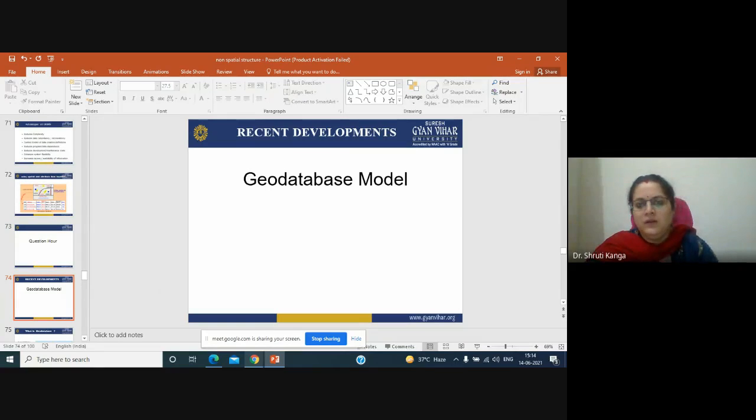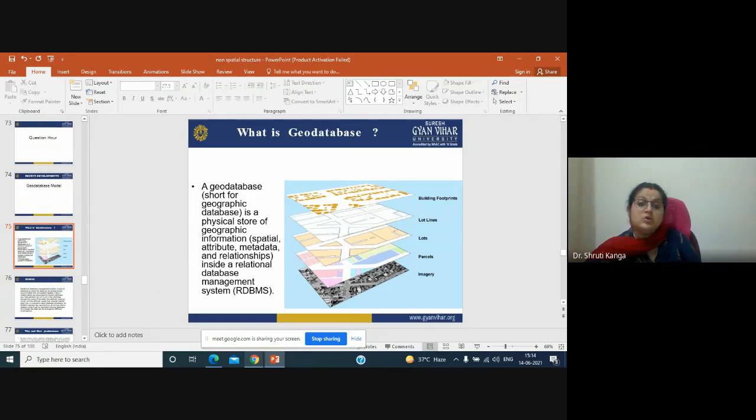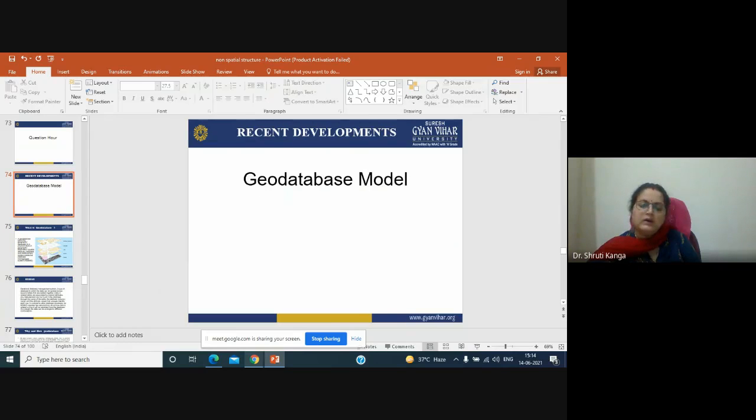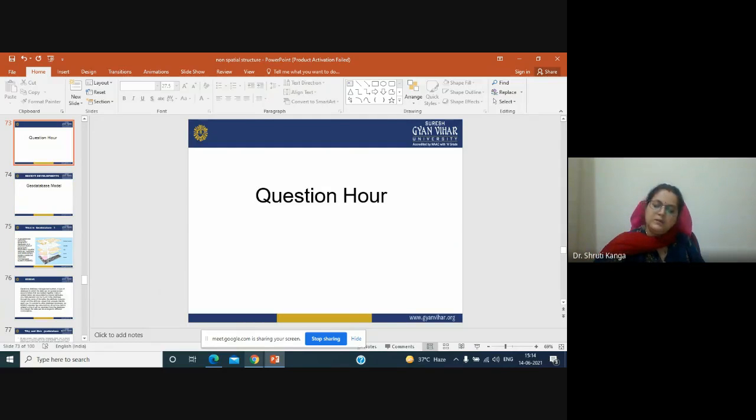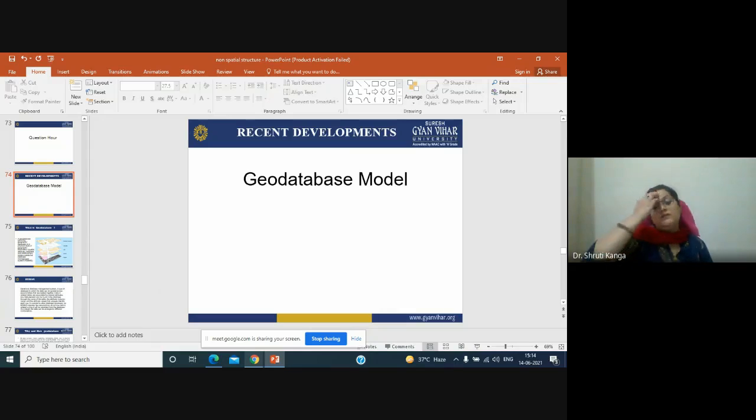Now, what is a geodatabase? We have completed our talks about DBMS. Now, as a GIS person, you must know what is a geodatabase, or geodatabase management, or geodatabase models.